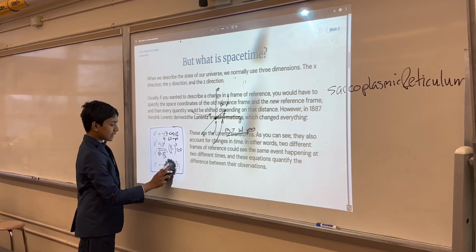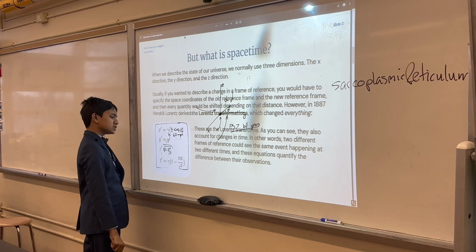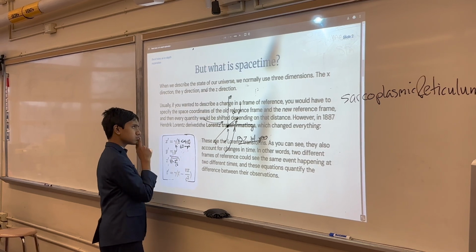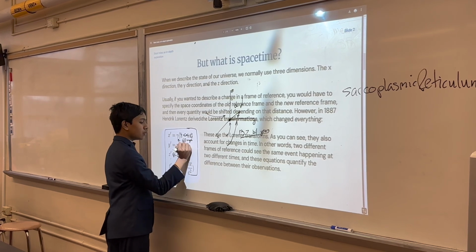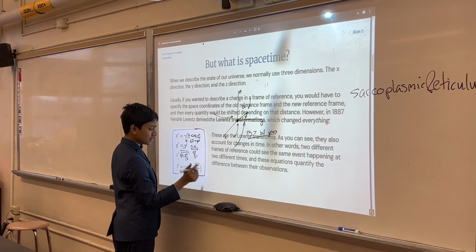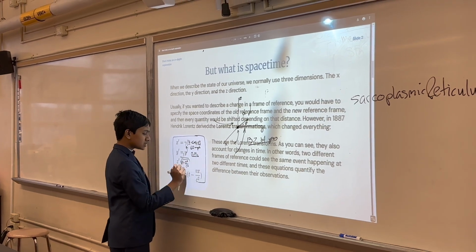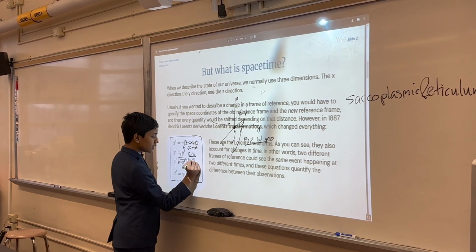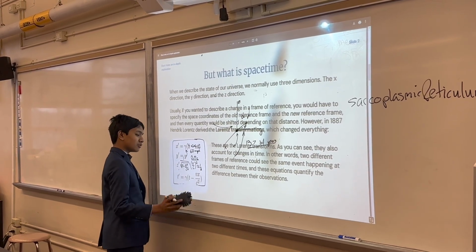But if you're moving at, say, I don't know, what's a nice number? Okay, that works, I guess. If you're moving at, say, 0.71c, or the square root of 2 over 2 c, if you're moving at 0.71 times the speed of light, what's this going to look like? Well, v over c squared is going to be approximately 1/2. Okay, that actually doesn't look as good as I thought it would.